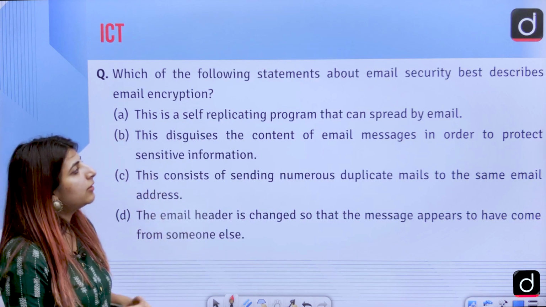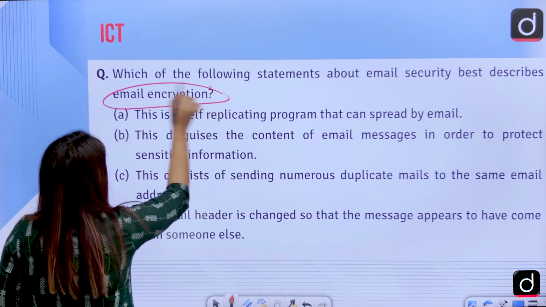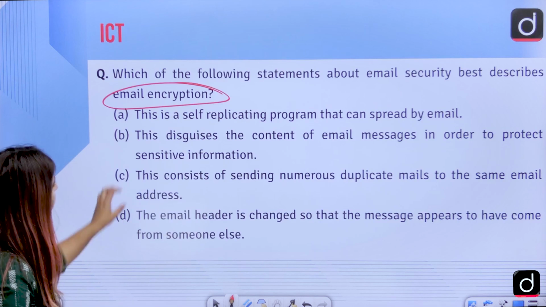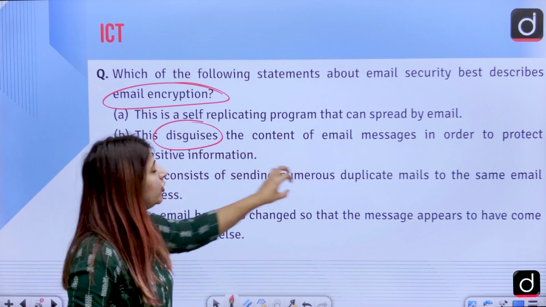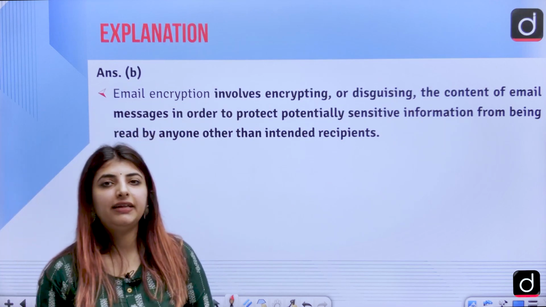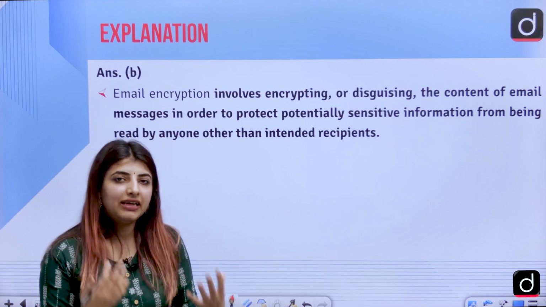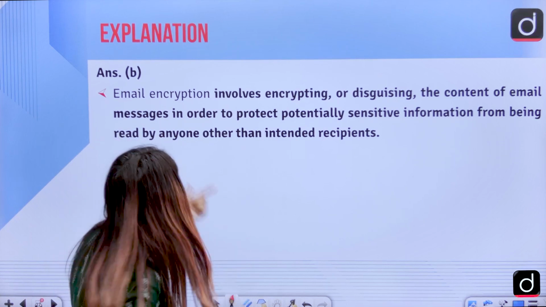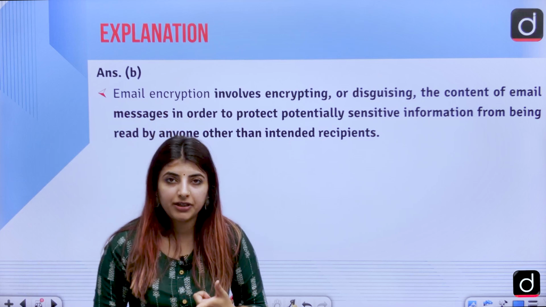Which of the following statements about email security best describes email encryption? The answer to this question is option B, that this disguises the content of email messages in order to protect sensitive information. Even in WhatsApp, we see the encryption which is there, right? So the third party handling WhatsApp is not able to read the messages that I am sending to my friend. Email encryption works the same way, because the message is encrypted, even if someone